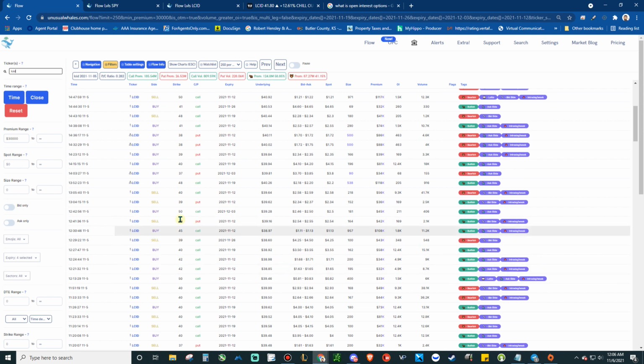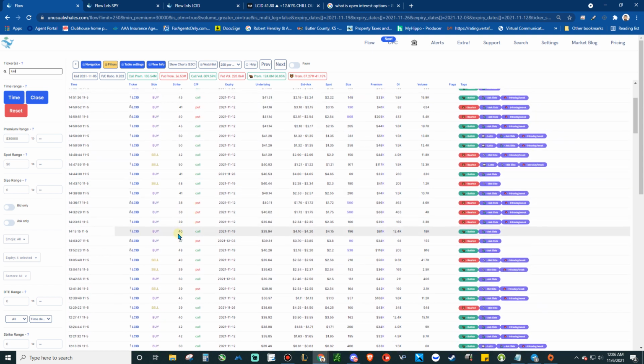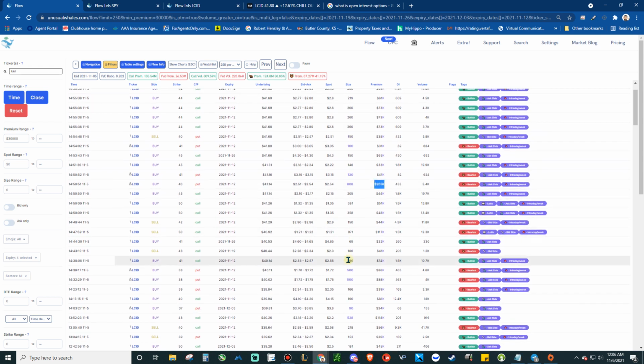And so it's a lot of mixed action. And then you had some puts coming through. So you do have some bears that exist on Lucid. So another thing you can do is go look at the biggest play of the day, which I've already done, which is this 205,000 40 put. They were long the put,